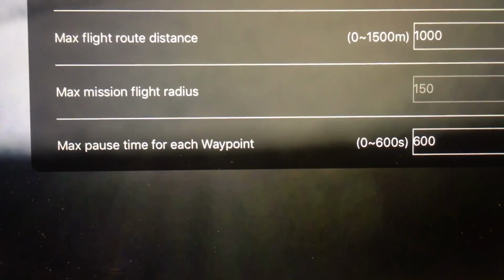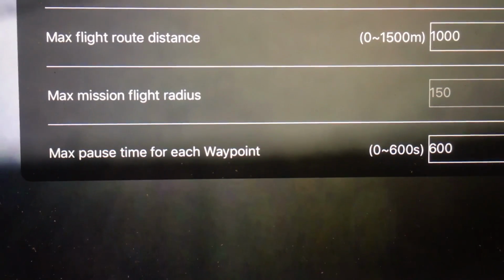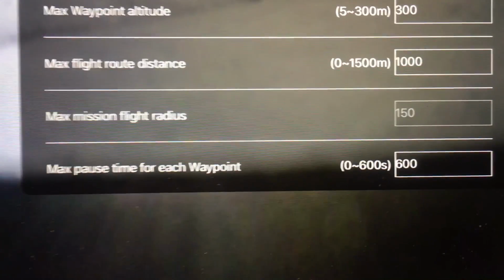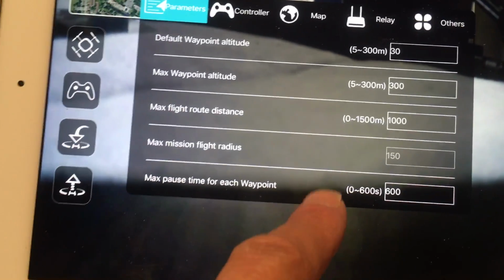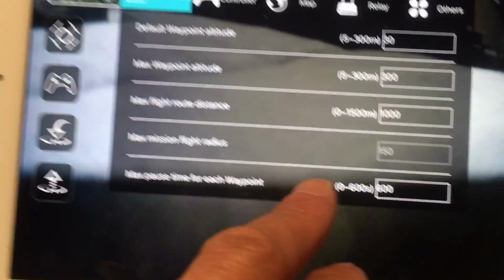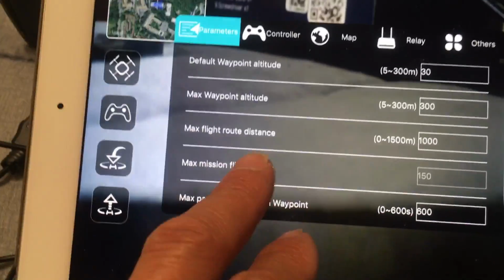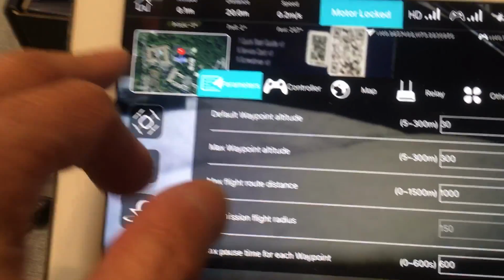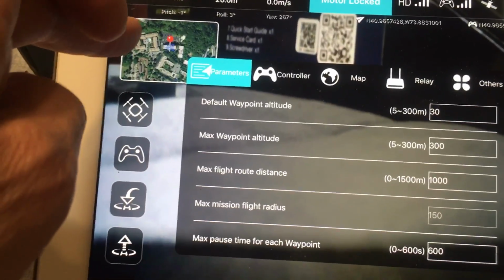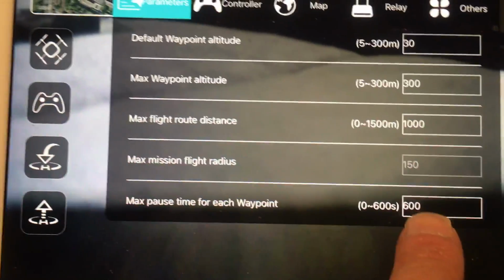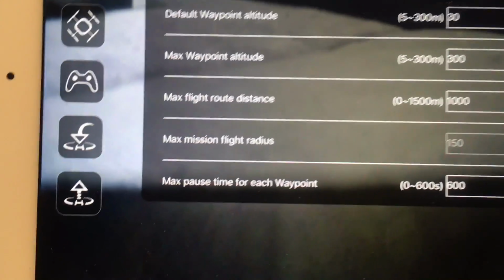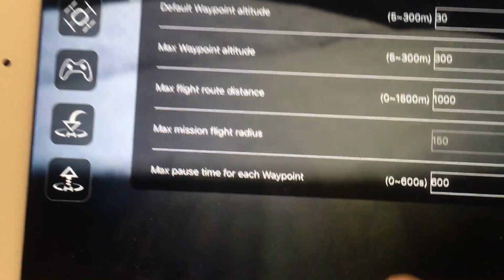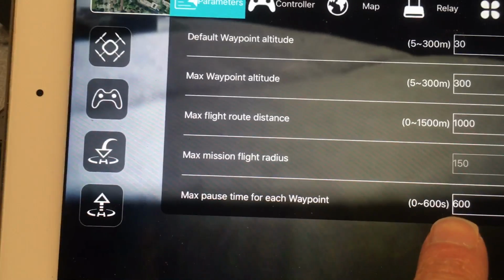Okay, max pass distance for each waypoint. So basically that's how long the drone is going to be hanging at particular point at each stop. Whenever you do waypoints, at point 1, it's going to stop and it's going to be hanging there. You don't want 600 seconds because it's a bit too much. 10 minutes, no. So what you want to do,